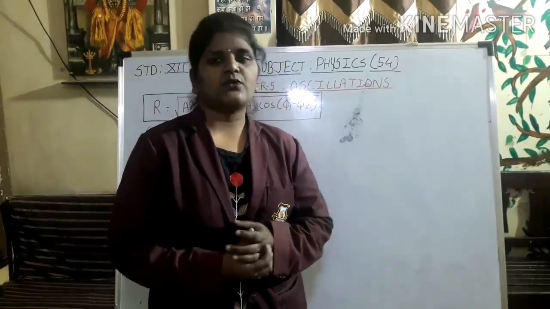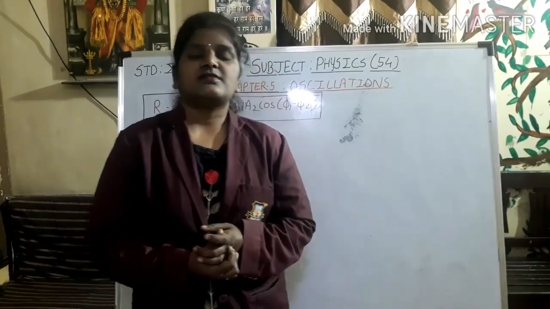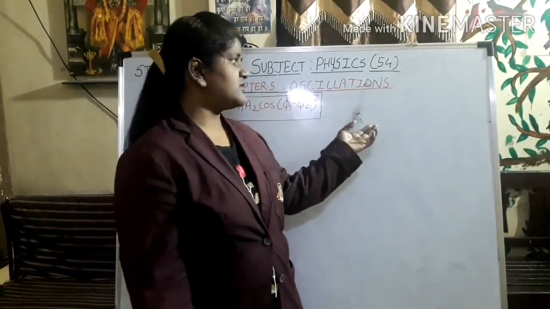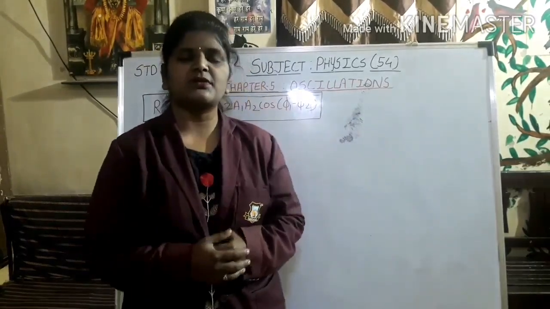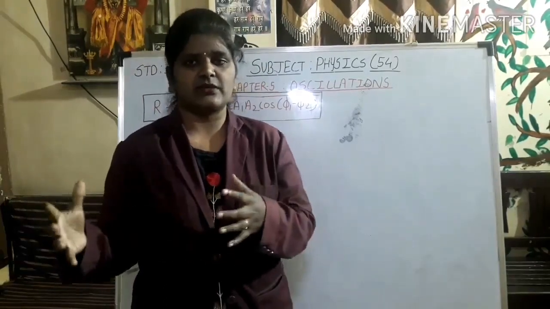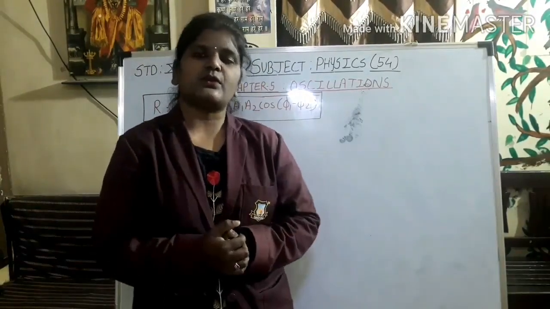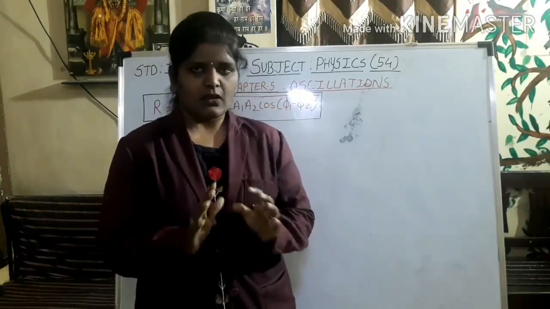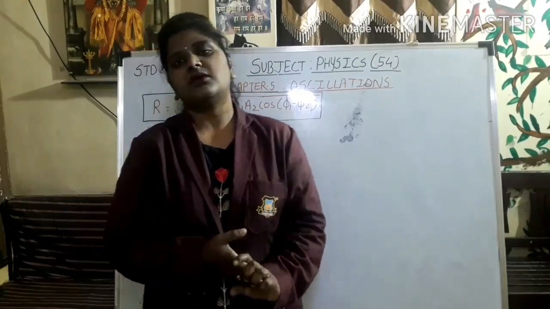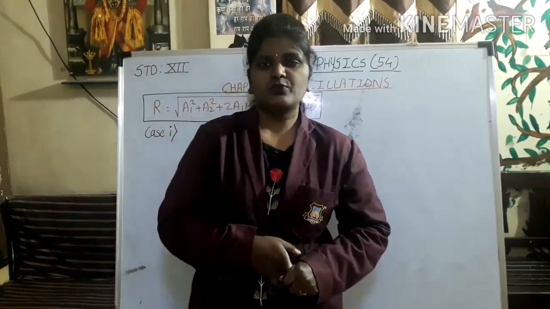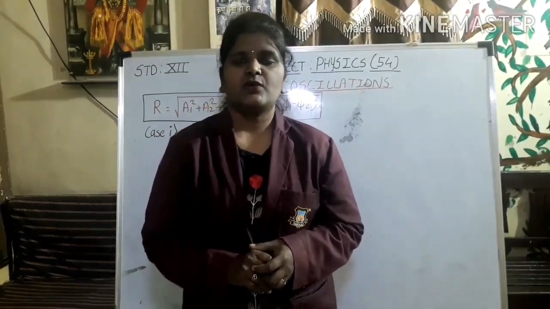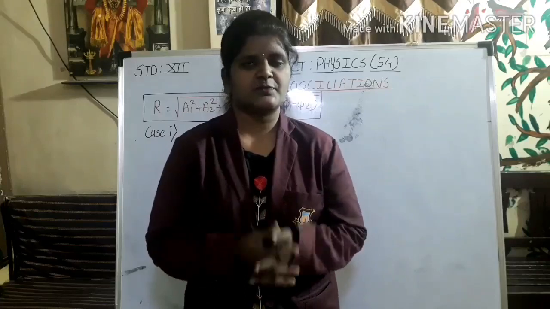Afterwards we are going to find out the resultant phase, that is delta. As you remember, we have two equations, r sin delta is equal to and r cos delta. By using both equations, we are going to find out delta. After that, the most usual formulas which we use, kinetic energy and potential energy, we are going to find out in this part as well.